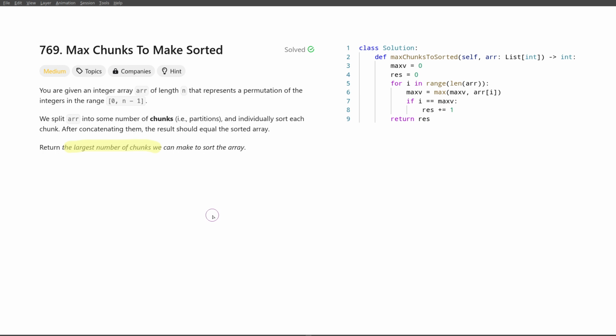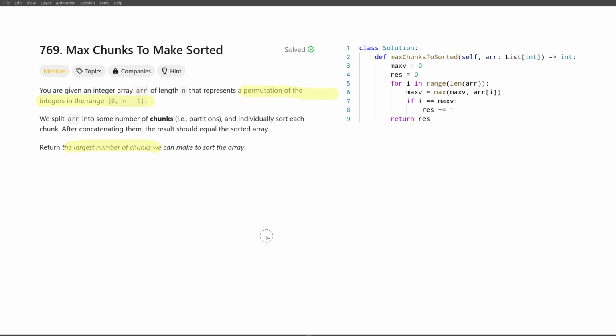It's possible to split at a given position if the prefix is a permutation of the first k numbers. And since we have a permutation of the integers from 0 to n-1, it's very easy to check if the prefix has all of those numbers exactly once. Because if we have a prefix of length k, it has to have numbers 0, 1, and so on up to k minus 1. So if we remember the biggest value on that prefix,